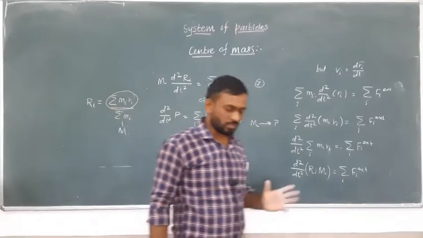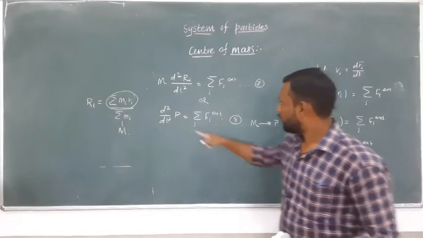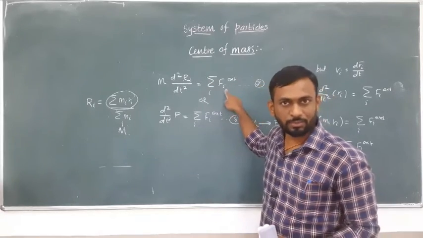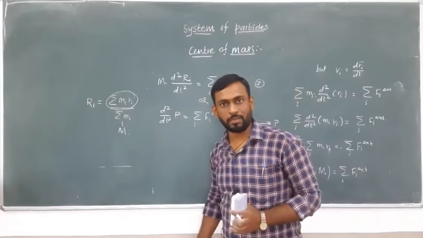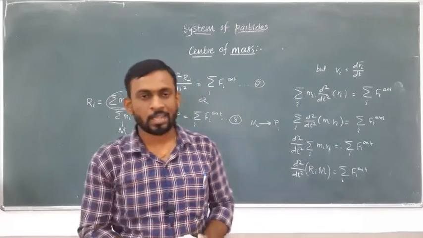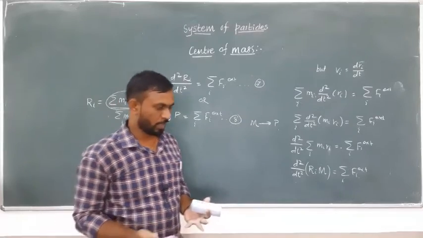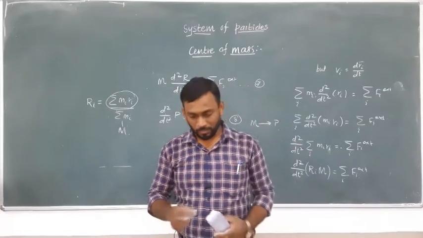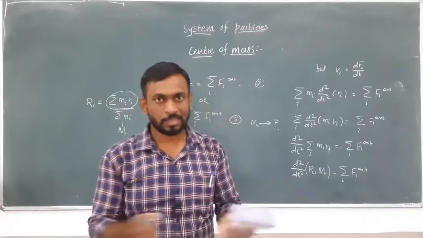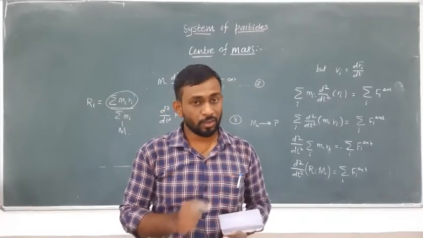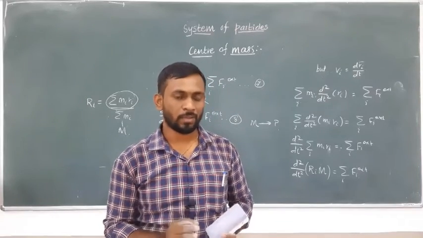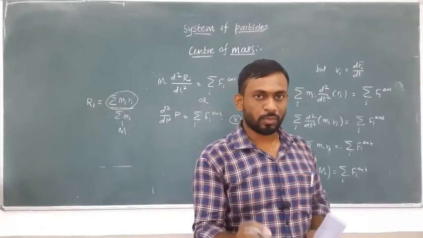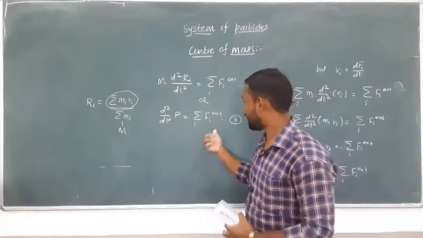So look at this equation number 7 or 8. Momentum as well as center of mass of the system depends only on the external forces. So what is the significance of this equation? In any experiment in day-to-day life, we experience many forces acting on the system. Suppose we consider the spring system. When force is applied on the spring system, it is supposed to be extended or compressed. So if you look at the total forces acting on the system and if you solve such kinds of equations with the help of Newton's laws of motion, the forces under consideration should be external forces.